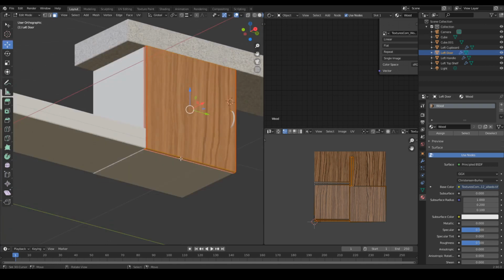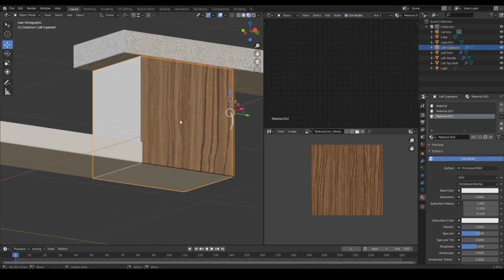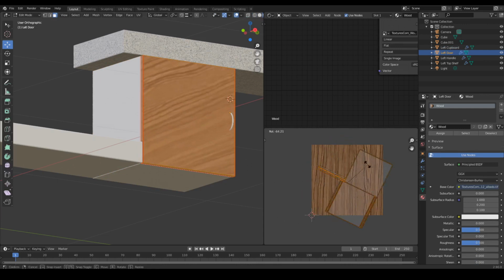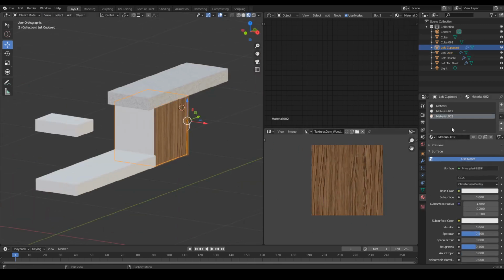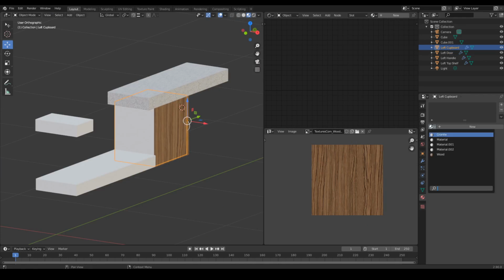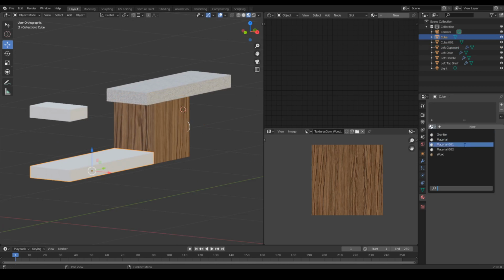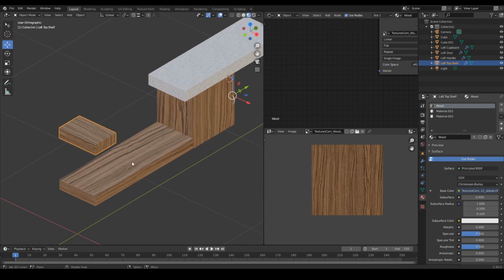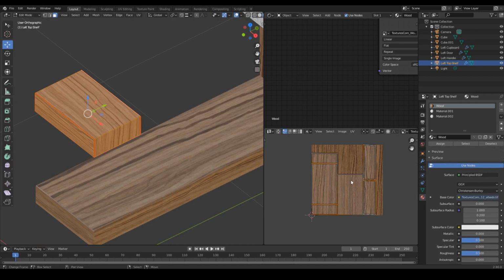let's do that. Oh, alright, so what's wrong here now? Okay. If I turn it, you'll see that it changes the direction of the material. Alright, so let's do this for the rest. There we go. So if you need to change the direction of the wood, tab into edit mode, select all